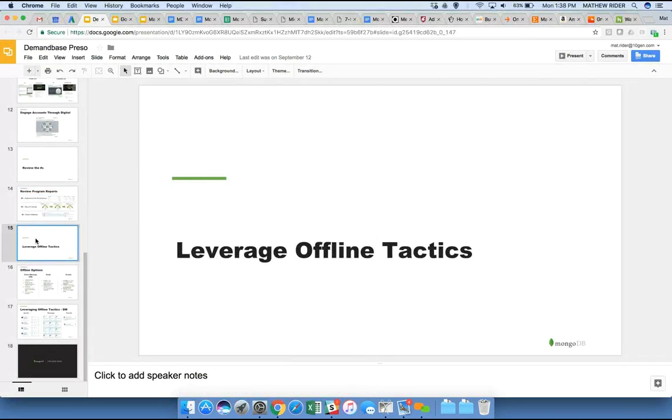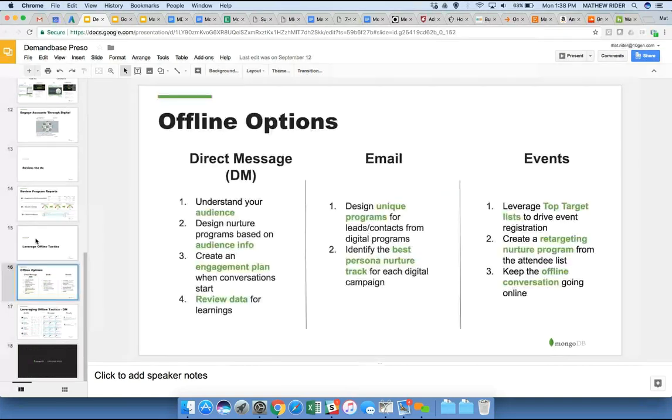And we'll just run down real quick how to leverage offline tactics for online usage. These are just three categories to give you a sense of what that actually looks like. So, leveraging direct messages. I know a lot of us probably do things with events and or in-person type dinners, potential email as well. But a part of this is looking at direct messaging for social as an example, whether it's through Twitter,